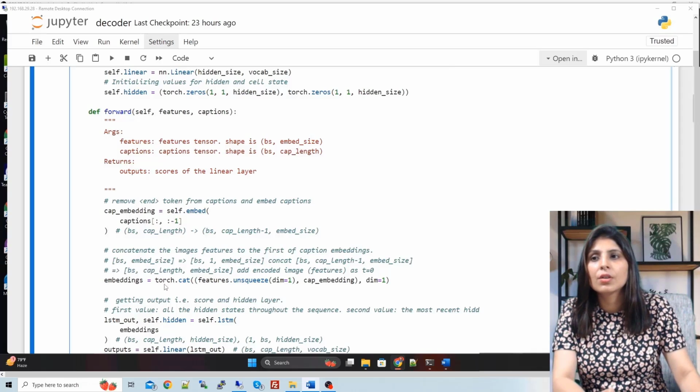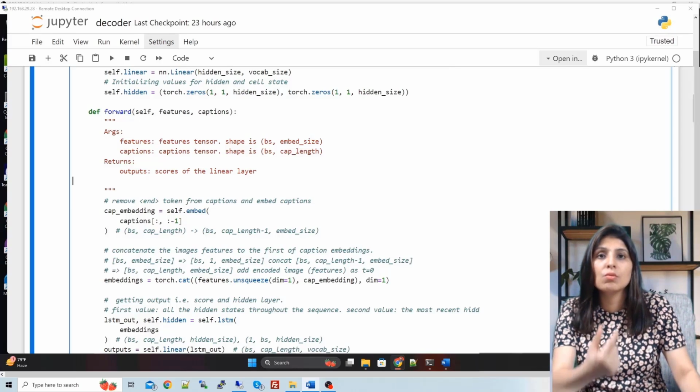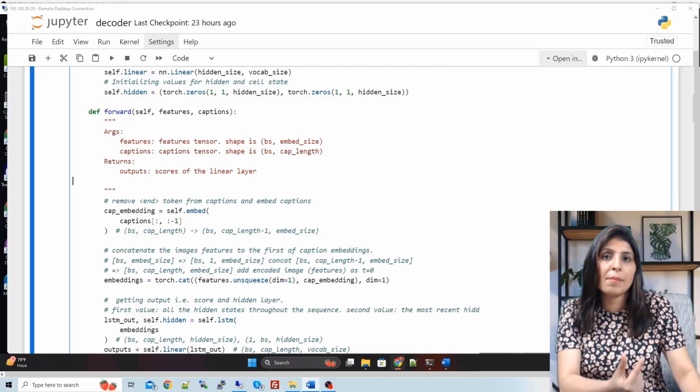Look at this line, embedding is equal to torch.cat. Cat means concatenating, and here we are concatenating the features and the captions. So how we are doing it, it is concatenating the image features, which is this features, to the beginning of each caption embedding, and this features.unsqueeze with dimension equal to 1 reshapes the feature tensor to batch size and then embed size.